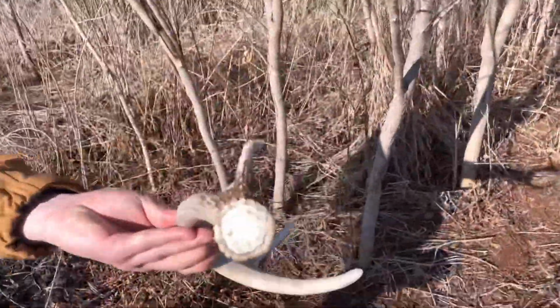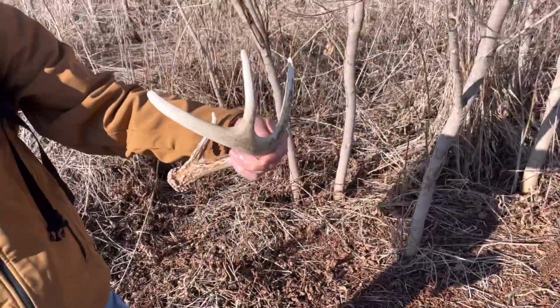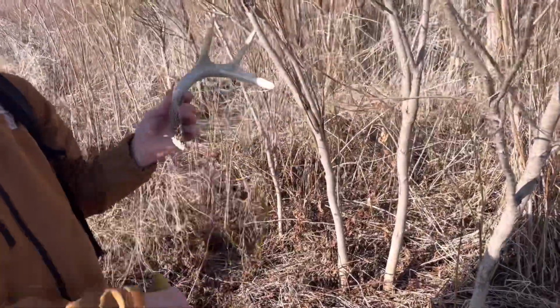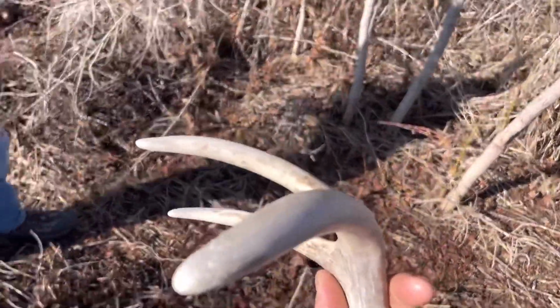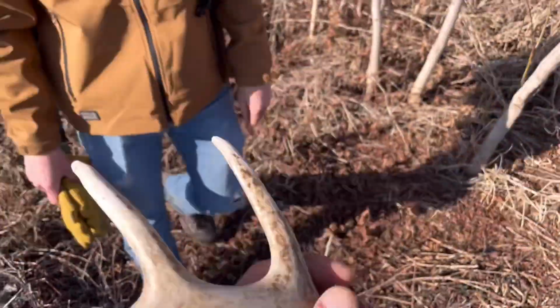Really? Nope, not much wax ring. I mean, it's hard to tell sometimes. Yeah. Decent. It reminds me of the one you found yesterday, that nicer one, just like the shape of it. Yeah. Oh, look at that. It's got like coyote chew marks on it. See that? Oh yeah. It's probably not where it fell, but I